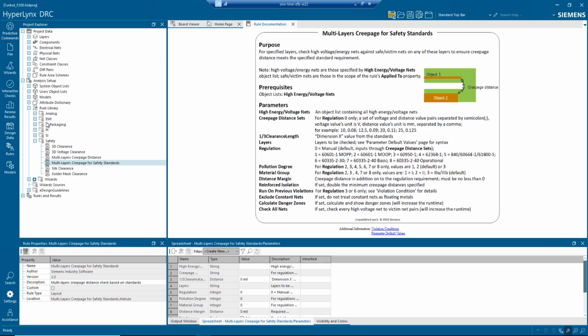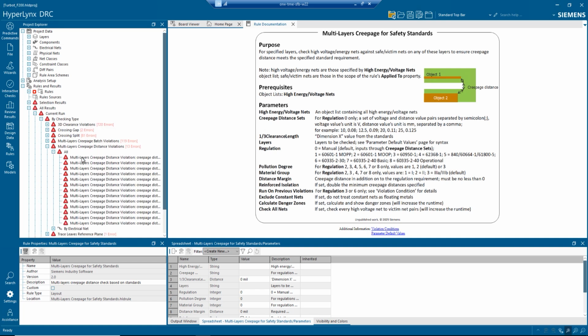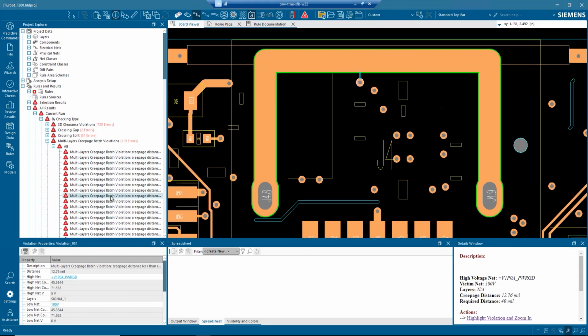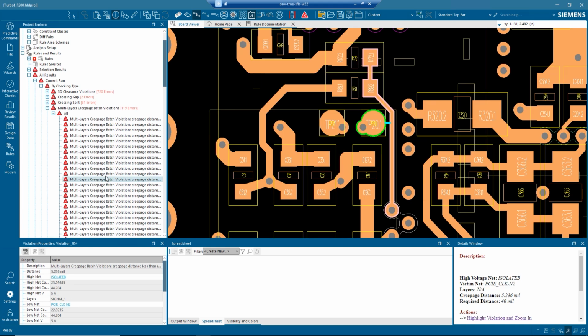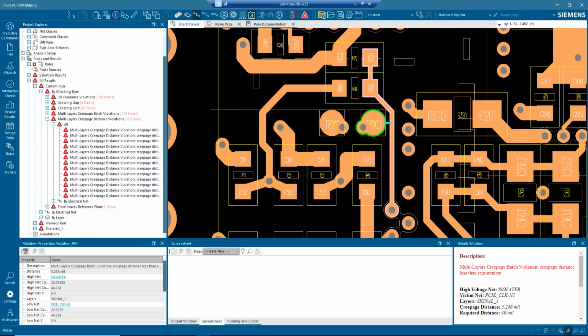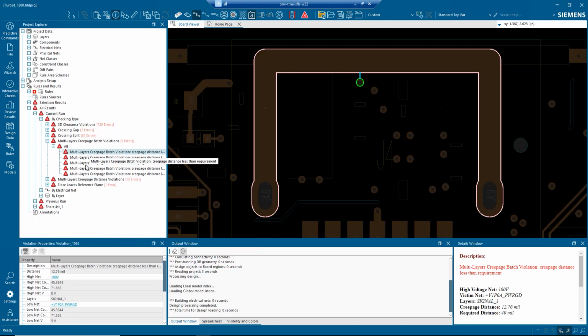Take note of the measured distance for creepage being under the minimum required distance for this spec, which results in a violation. Results show up in Hyperlinks DRC under the current run after running the new creepage wizard in 2510. Selecting a violation manipulates the board viewer to showcase where this violation occurs and what objects are potentially affected by the high voltage safety issue.